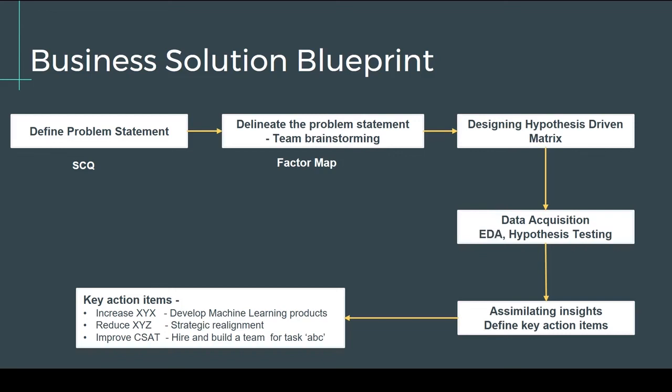Instead of showcasing the entire hypothesis matrix, you can showcase some charts that tell the story for your hypotheses, whether they were true or false, and then assimilate the results and form one simple key action item. If you weave this into a simple picture, it would look like a story: there was a decline in profits of around 20% for a specific bank. The key factors that caused this decline were unknown, and the team looked into several factors ranging from macroeconomic to microeconomic factors and then figured out these key items, and the impact of these key factors can be